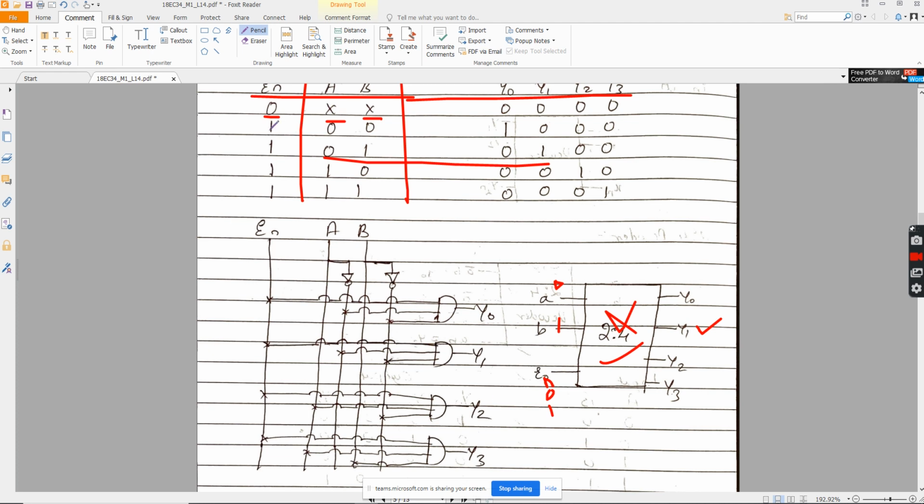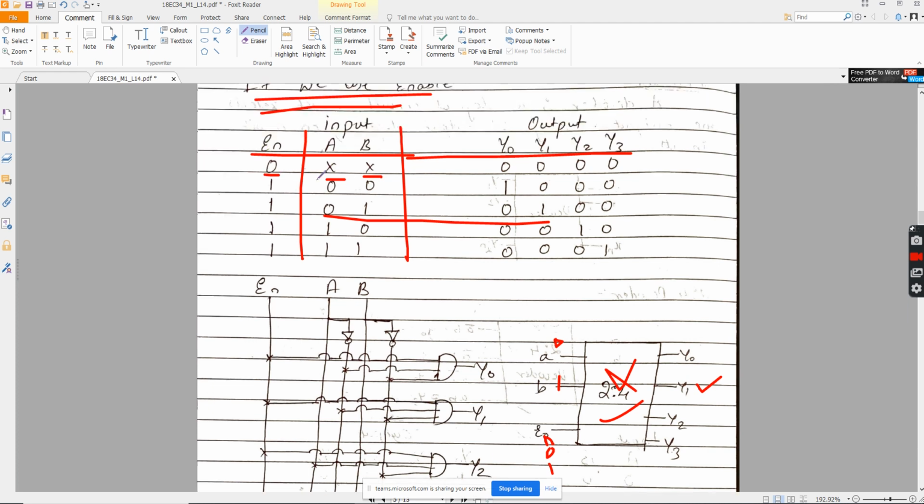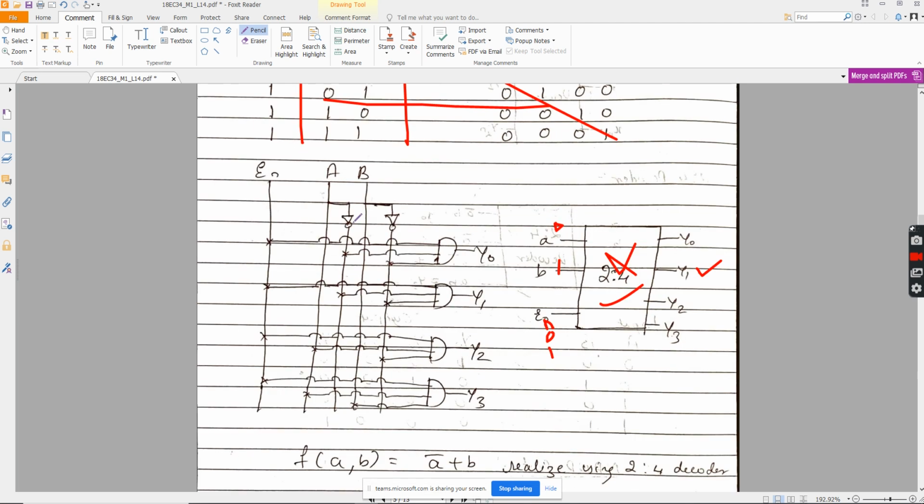So I have to first enable the IC. Whenever the IC is not enabled, enable pin is 0, whatever A and B might be, A and B are don't care here, they can be either 0 or 1. So in this one row only, I am covering all the 4 cases 0 0, 0 1, 1 0, 1 1. You understanding? So whenever enable is 0, whatever A and B might be, output is 0. Then when enable is 1, depending on A and B, I'll be able to get the outputs as 1s accordingly. So this is my truth table.